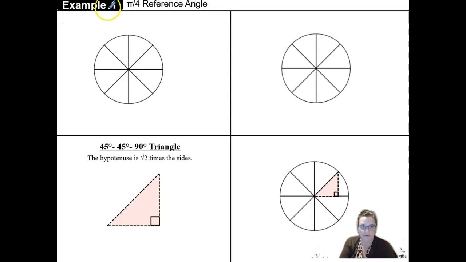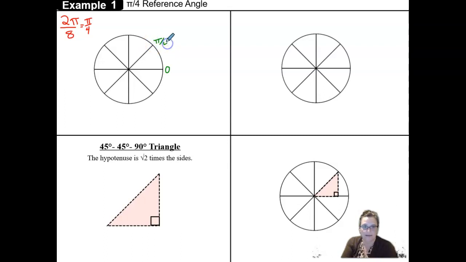Welcome back to our notes for the unit circle, and in example 1 we're looking at the pi over 4 reference angle. So recall that there are 2 pi radians in an entire circle, and if I divide that 2 pi radians into 8 congruent sectors, that would be 2 pi over 8, which reduces to pi over 4. So starting at 0 radians, 1/8 of the circle would be 1 pi over